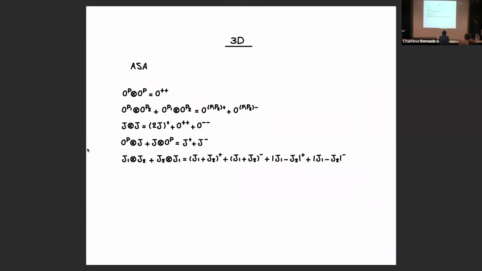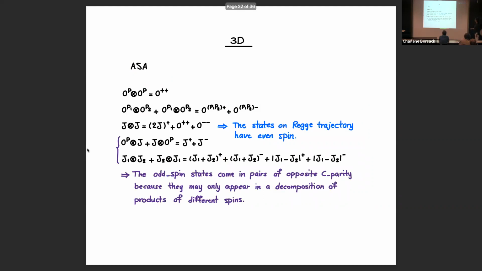So ASA, other than multiplicities, could give us the parity assignments. Due to this tensor square structure, there will be two predictions. One is that the states on the leading Regge trajectory will have even spin,